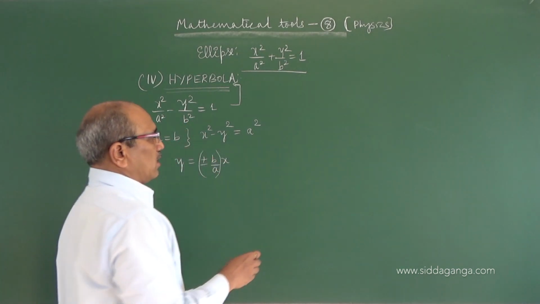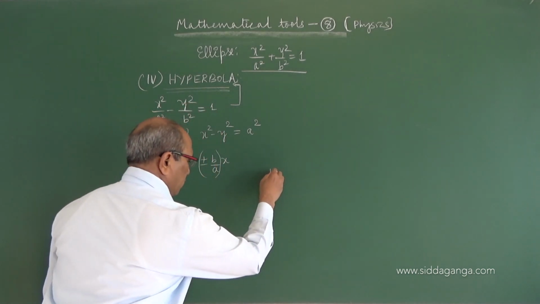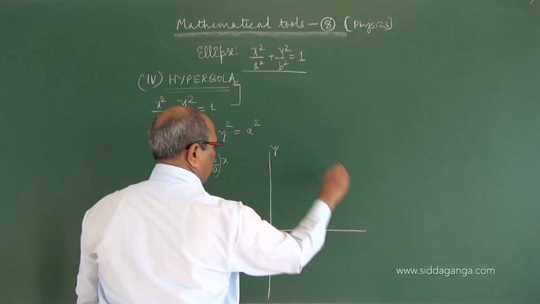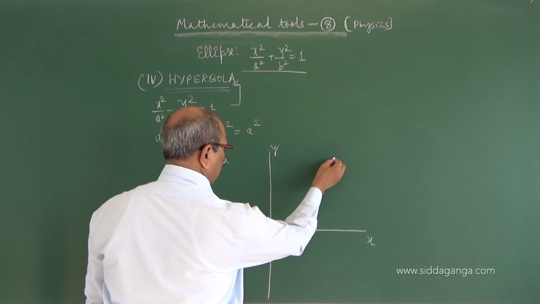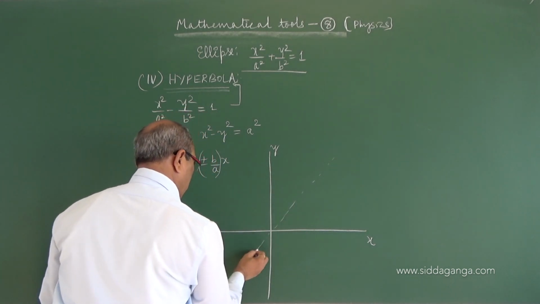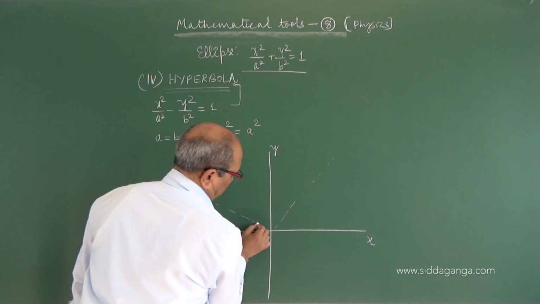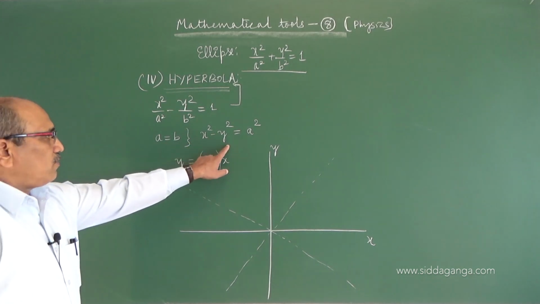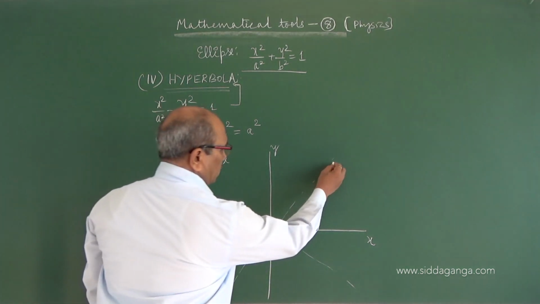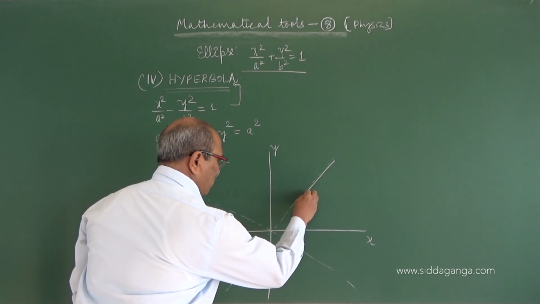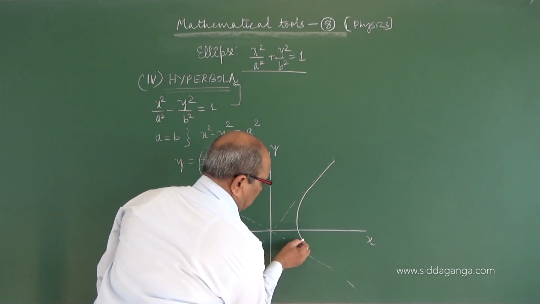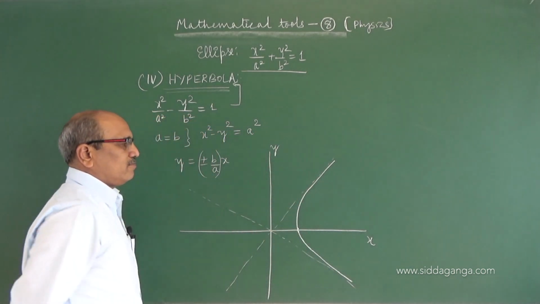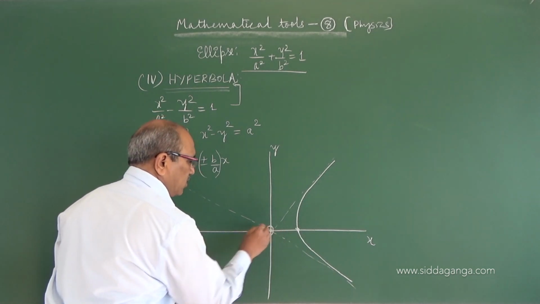Suppose I substitute the values, the graph that comes here, with the y-axis and x-axis. If I substitute different values, you will get a curve almost similar to a parabola, but not a parabola. The curve is extending to infinity and it is not meeting at the center. The vertex is away from the center at a definite point.